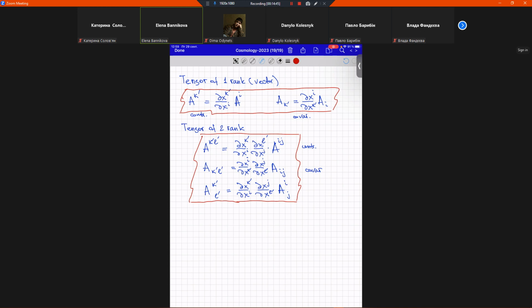And now I can give you the general definition of the tensor. So, definition. A tensor of type, or rank, PQ